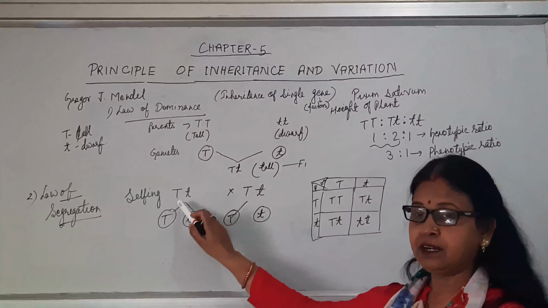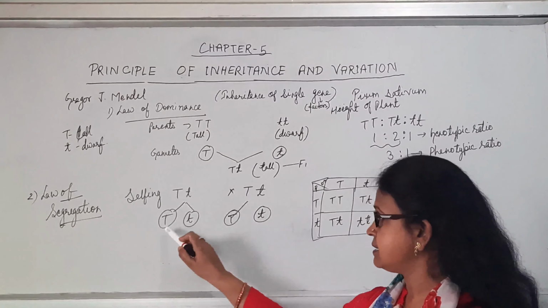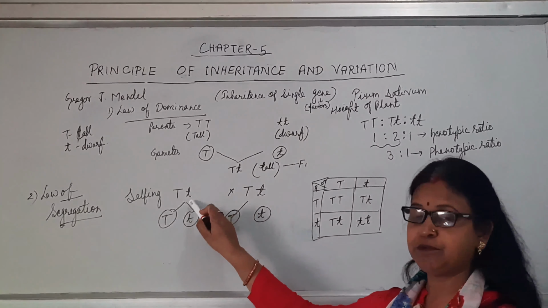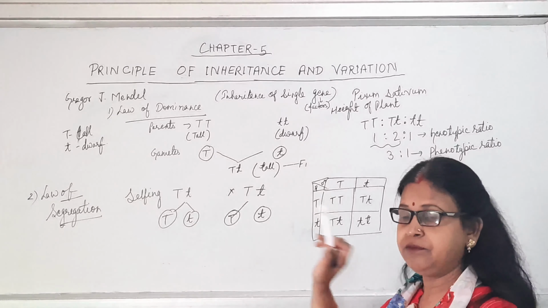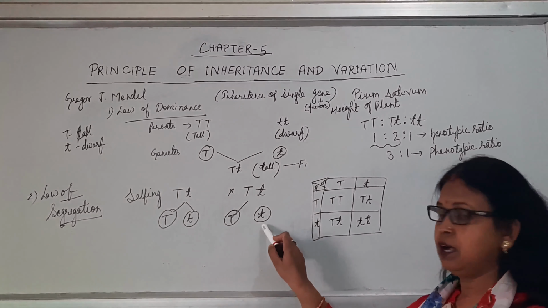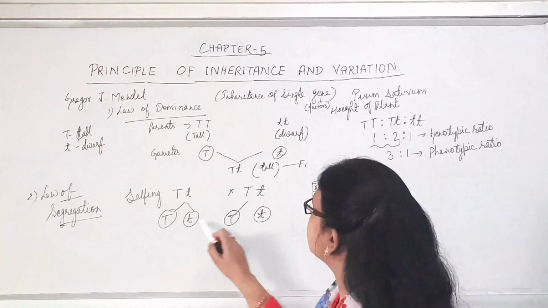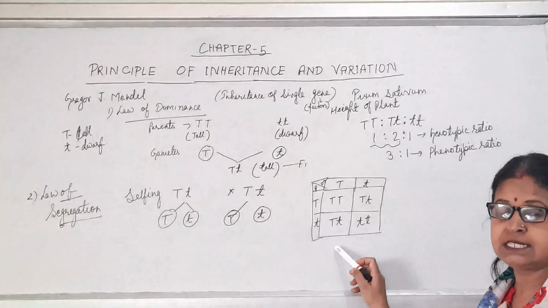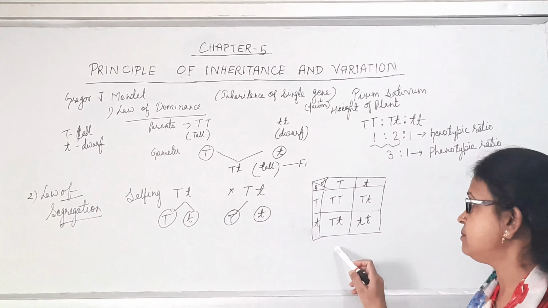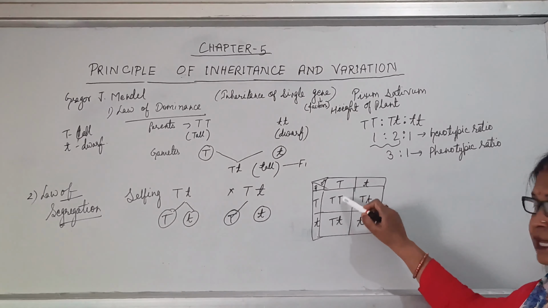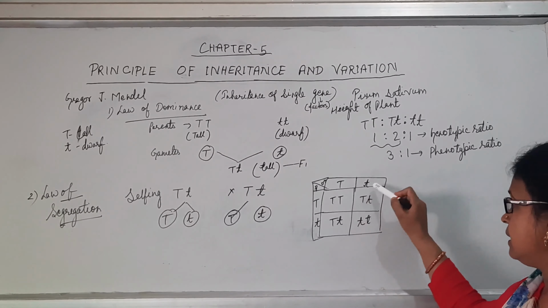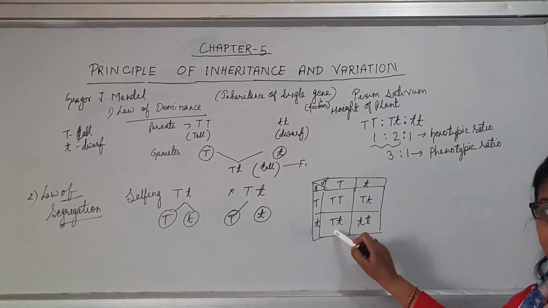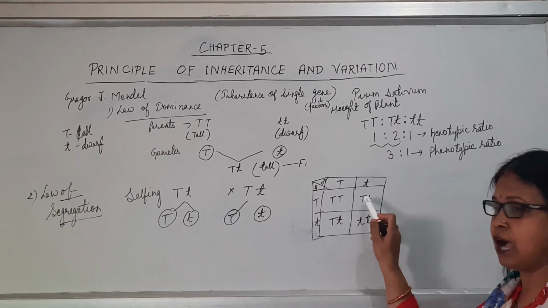Now after this selfing, you can see these are the gametes formed by this plant, where one is taken as the male plant and one as the female plant. So these two types of alleles, the gametes, are formed. Now through this checkerboard we can see how these alleles will express themselves. Capital T, capital T means this is the pure tall, then small t, capital T, small t, capital T. That means these are two hybrid tall.